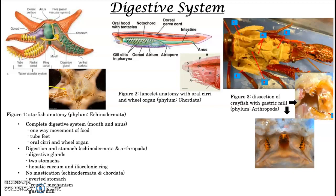anus. So the lancelet doesn't have a distinct stomach like the starfish and the crayfish do. Instead, it's called the ileocolonic ring, and the hepatic cecum would be the digestive glands for the lancelet. For each of the three animals, they each don't have a jaw with teeth, so essentially there's no mastication that occurs. Instead, the starfish can perform this function that's really cool, where it can evert its cardiac stomach out of